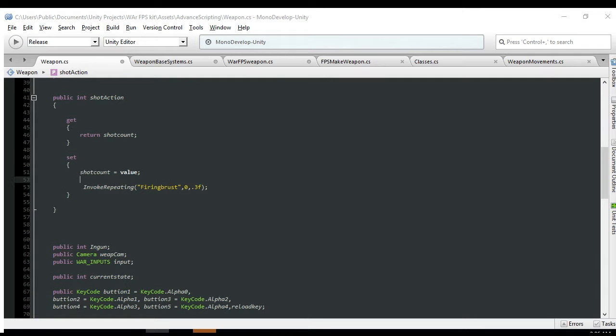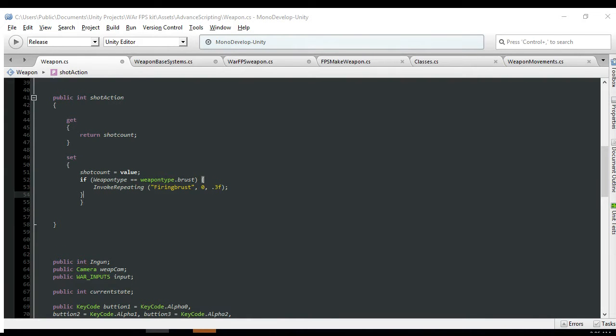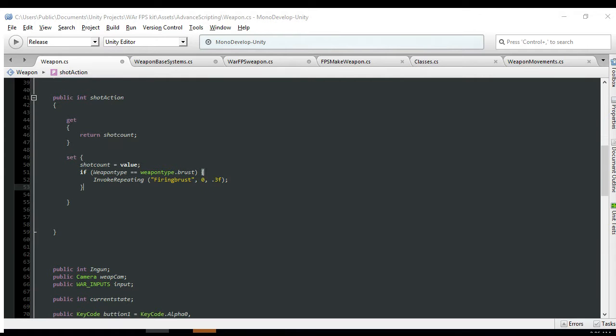So if weapon type equals weapon type dot burst, then we do this stuff, okay. We do that stuff, or we do what's in our if and all that good stuff. But the thing about it is, if we're not, so we need an else if,